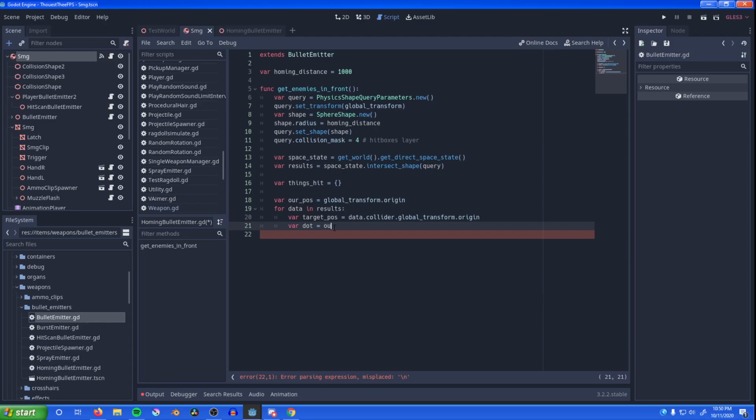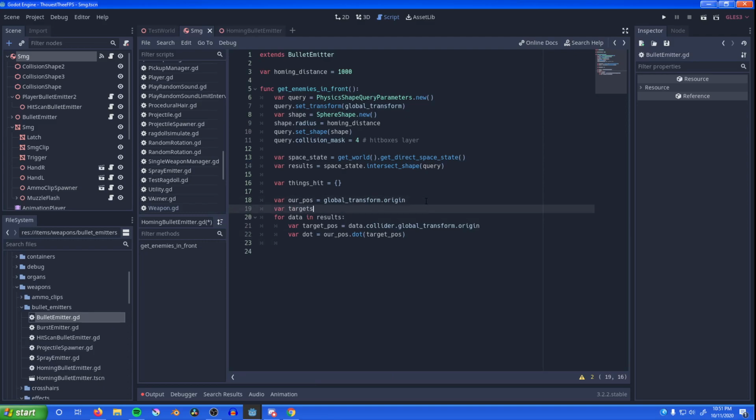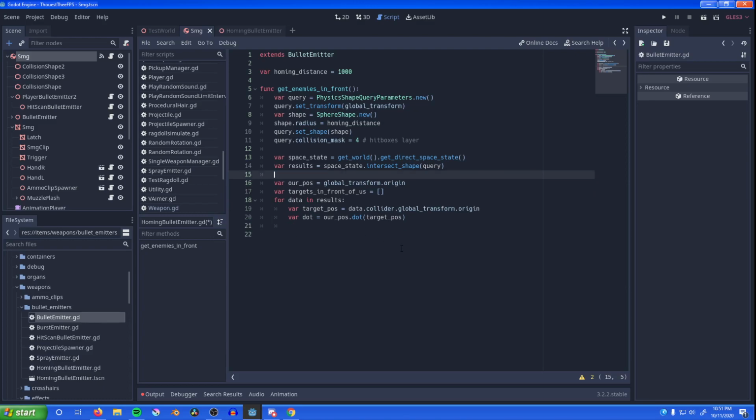Dot equals, so let's do our position dot the target position. Let's see, for data in results, targets in front of us equals this. Var dot,